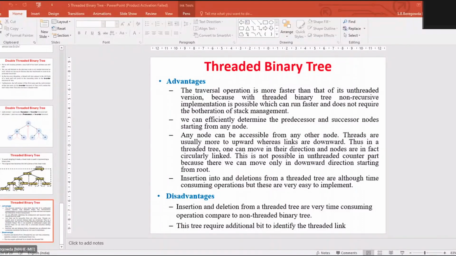deep into the rotations, starting with single rotation. Suppose the tree becomes unbalanced. What are you supposed to do? We are supposed to do a specific rotate operation, a single left rotation. Where exactly are we going to do a single left rotation here? We are going to insert the nodes 1, 2, 3 in sequence. If I insert them here, I get a final tree like this. If you look at this one, the balance factor is 0. If you look at this one, the balance factor is -1. In this case, the balance factor is -2.